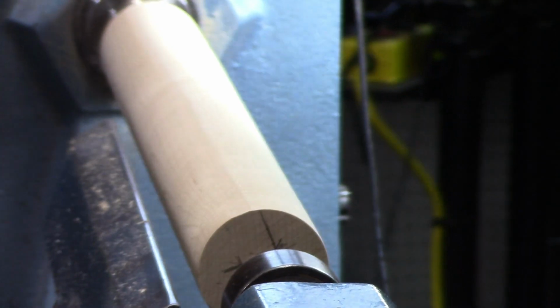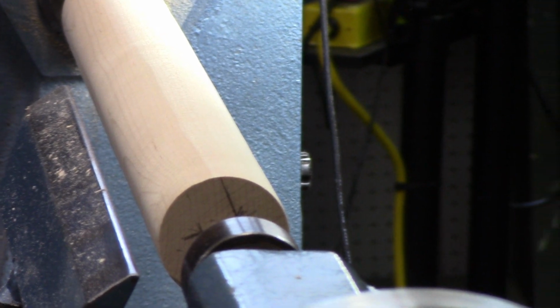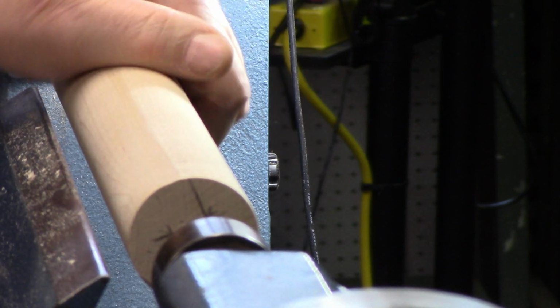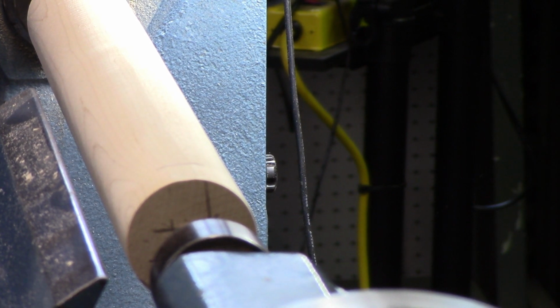Fitting the ferrule is about the only touchy part to making all these things, because you want to have it tight. So basically what we're going to do is measure back. For this one I need 7/8 of an inch. And I'm going to give myself just a hair less, because I can always add more, but I can't take it away. I can make it longer, but I can't make it shorter. And what I'm going to do is